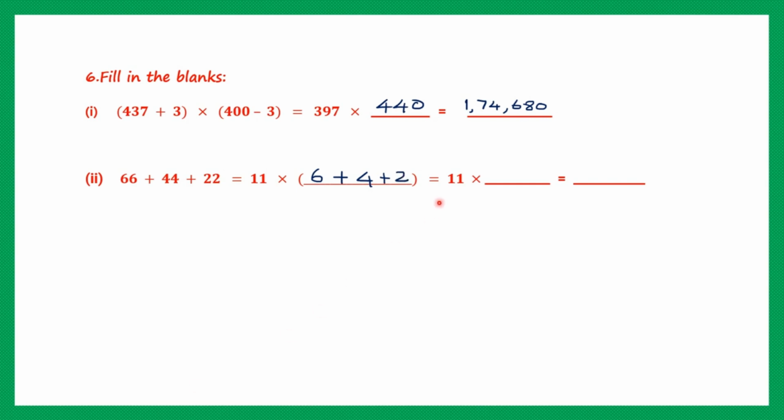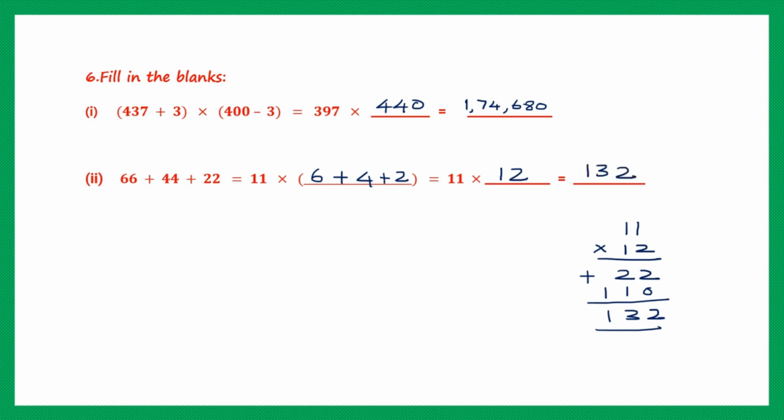So that is how we fill the first blank. Now let's look at the second one. This is equal to 11 into what? Okay, so 11 is already there into the sum of these numbers. So let's add up. 6 plus 4 is 10. 10 plus 2 is 12. So let's write 12 here. Now we have to multiply 11 into 12 to get our final answer. So let's do that. 11 into 12. 2 ones are 2, 2 ones are 2. Then second step, 1 ones are 1 and 1 ones are 1. So let's add this up. So we have 2, 2 plus 1 is 3 and 1 here,